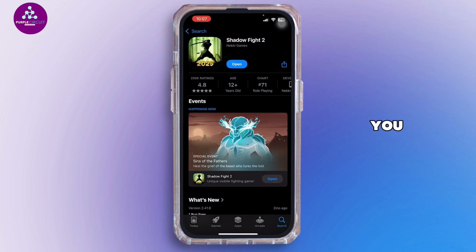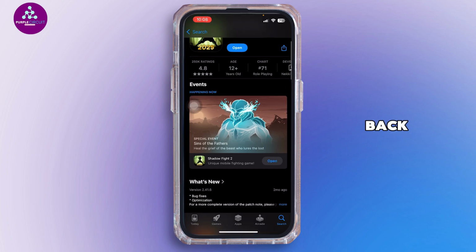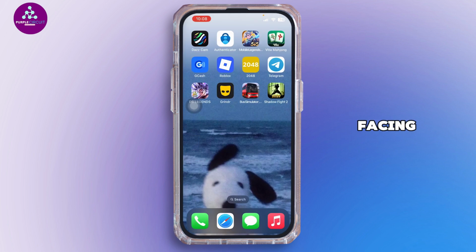Once you search for it, you want to make sure it is updated. If you see update instead of open, go ahead and tap on update and let your application update to its latest version. So, once done, head back to your home screen, and if you're still facing the issue, you want